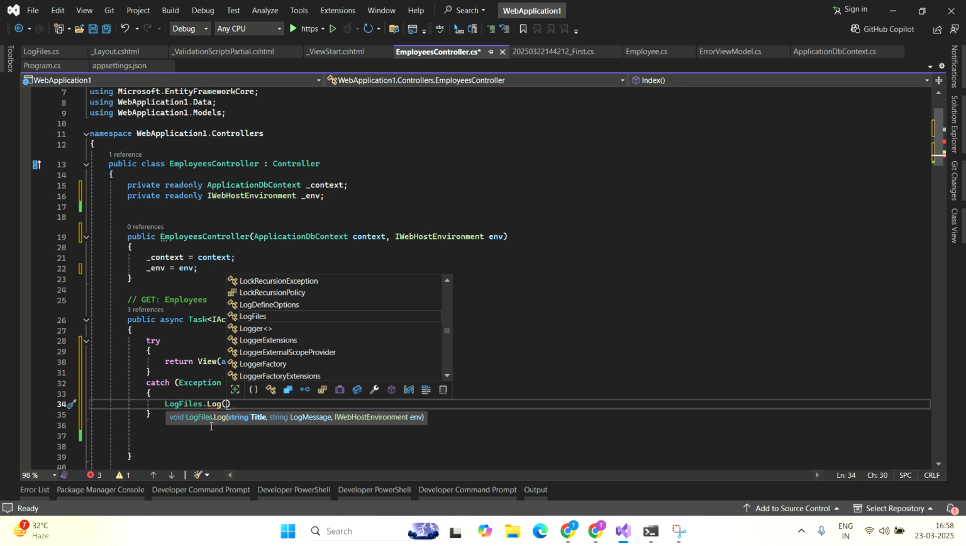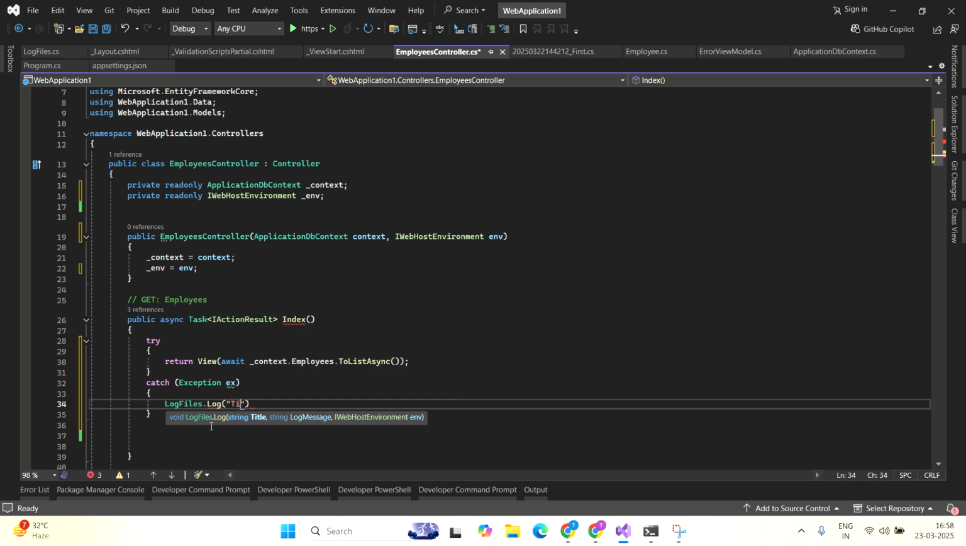Here I'm using the title. Inside title means in which method you are getting the error. Like I am writing the title as Employee Index, because if you write like this you can easily identify in which method you are getting the exception. Employee Index,